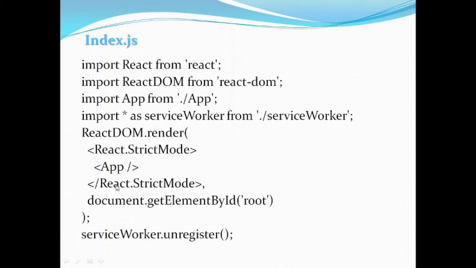And there are two more tags we are using here. One is React.StrictMode. The purpose of strict mode is that when your application is in development mode, there are certain debug related messages you want to display at the console. They will be displayed during development, but can be suppressed in production. So for that purpose we can enable strict mode.